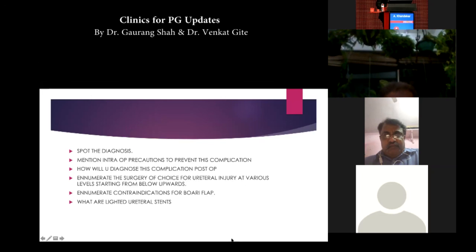Sir, for lower ureteric segment injury, the available option is ureteroneocystostomy. Okay. If there is tension, what will you do? If there is tension, then we have to do a renal descent. No. If there is tension, first we will do the psoas hitch. For that, we have to ligate the opposite side superior vesical pedicle.